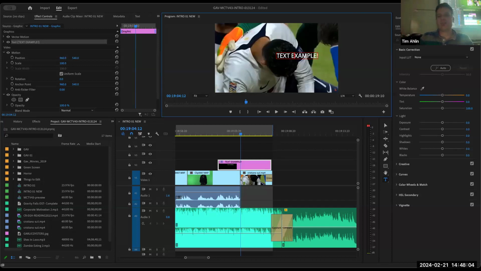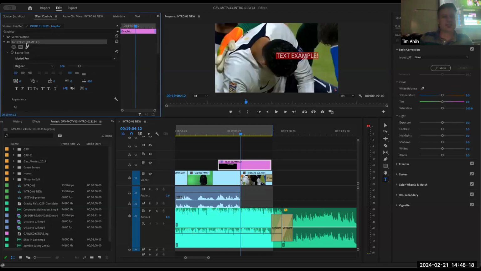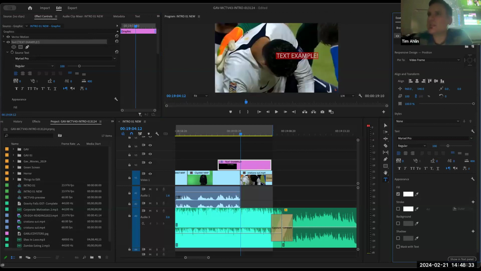Okay, so now I have text example and I type text example, but I don't like its placement. I don't like most of it. Well, I'm going to go here into my effects control and realize, oh, here's my text right there. And look, it has a lot of options that I can change. And actually, this effect window, I tend not to work out of. I have a panel over here where I have my Lumetri color, but I have a thing called Essential Graphics, another window tab that I use. And I really like this as my text editing tool.